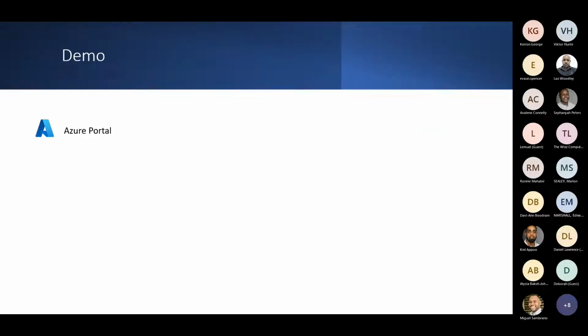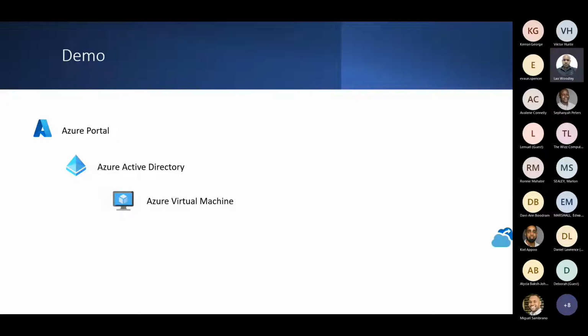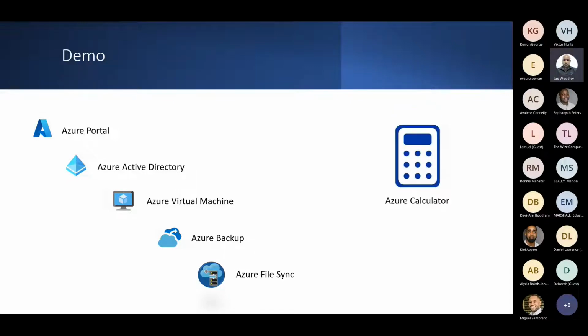So now, after I bored you with all that PowerPoint and talking, I'd like to introduce you to the Azure portal and to a mock demo lab that we have created to highlight some of the technologies that FCL, or Financial Consultants Ltd, our friend Mr. CIO, what he has deployed, and basically the functionality that he can now experience by employing Microsoft Azure and cloud technologies. Excuse me while I switch my screens.